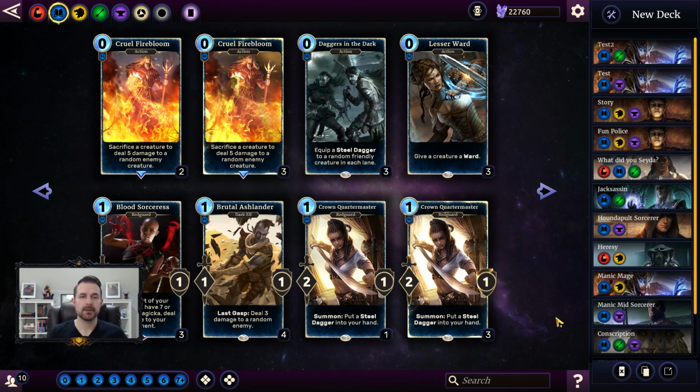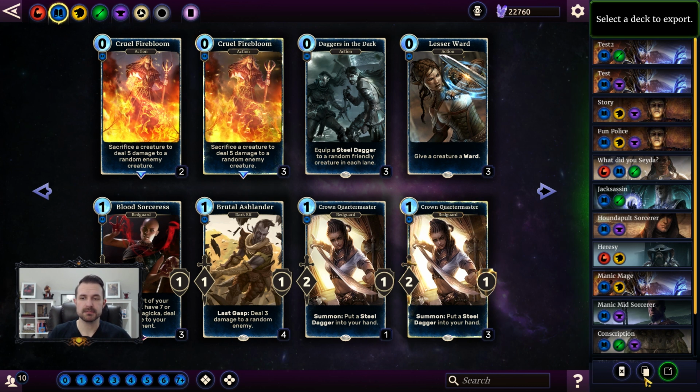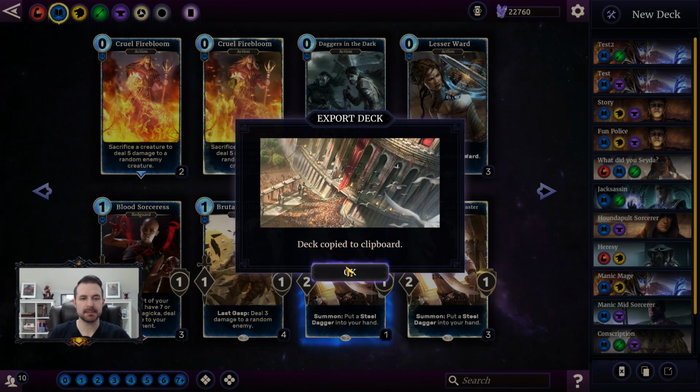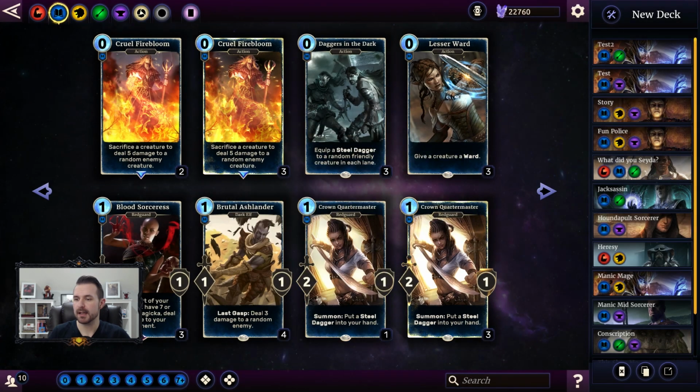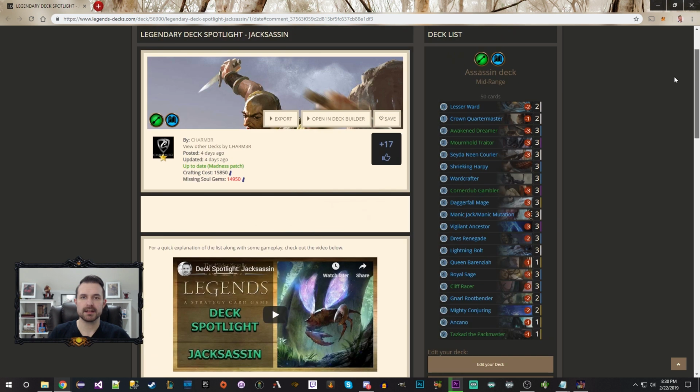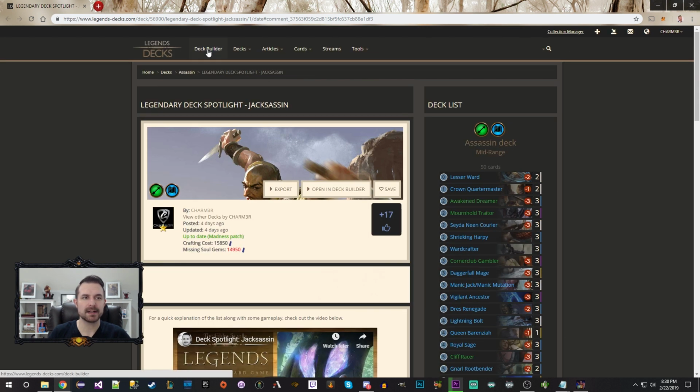Now, for the final piece, if you build a deck here and you want to share it with the world and you want to post it on something like Legends Decks or any other website that takes the codes, you can, again, click on export. And then we'll say I want to export my Heresy deck. You get the little pop-up, deck copied to clipboard. You'll hit OK. And then if we go back to Legends Decks, for example, and instead of being here, let's go to the deck builder,